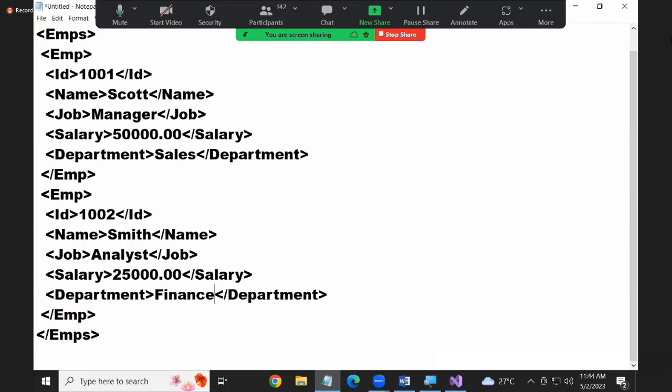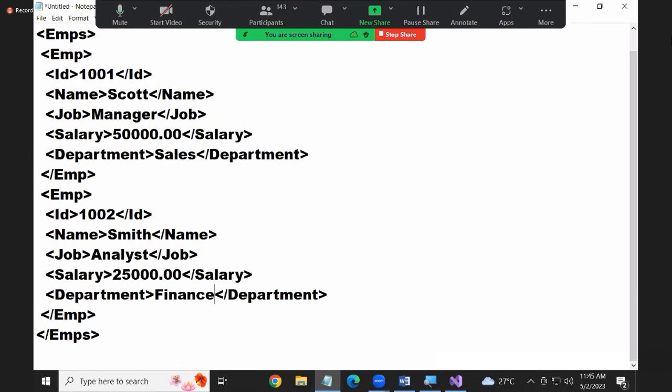How, sir? In C#, you learned about DataSet. DataSet directly provides a method called ReadXML. You pass the file path, and automatically the data will come up into your application in a table format. Understood or not? This is a widely accepted format the industry used in the 20th century for exporting the data from one place to another place. But the bad thing with XML is,